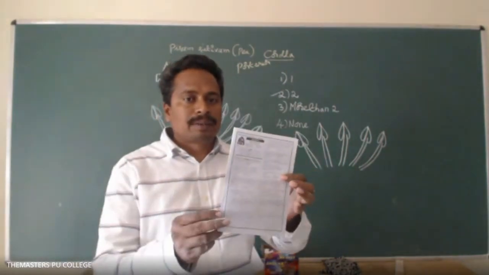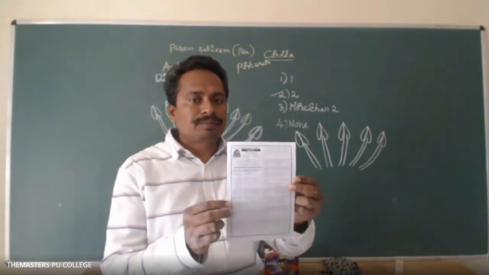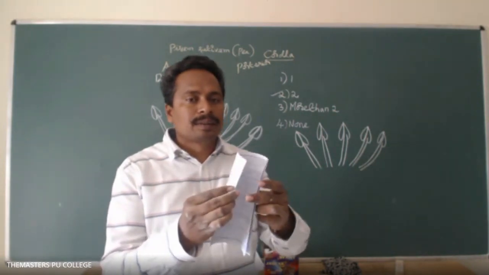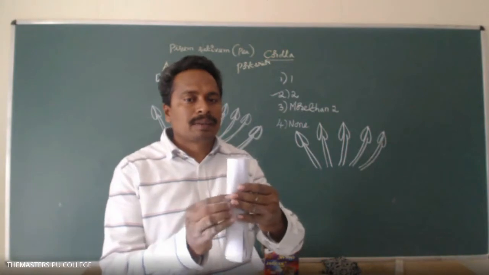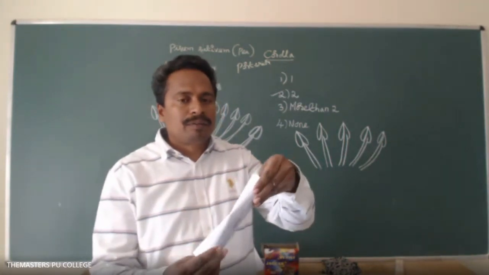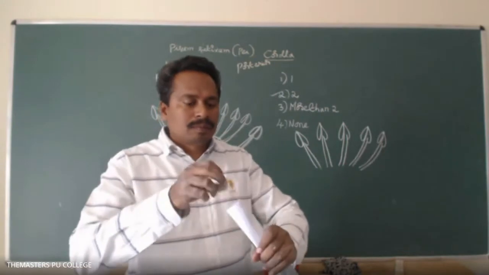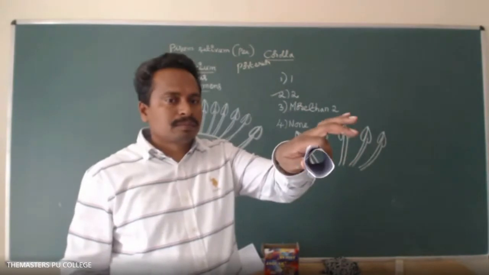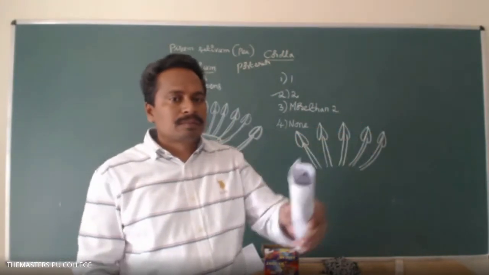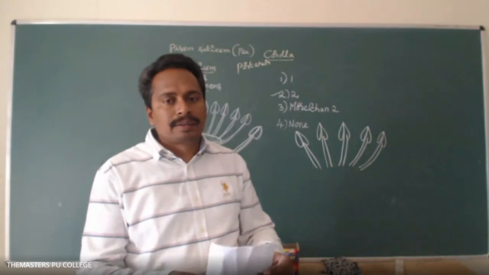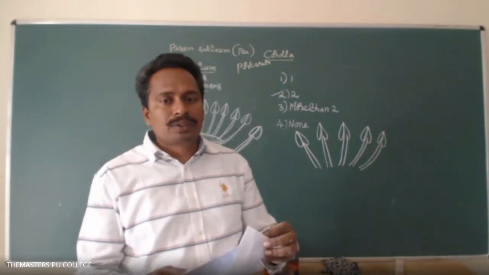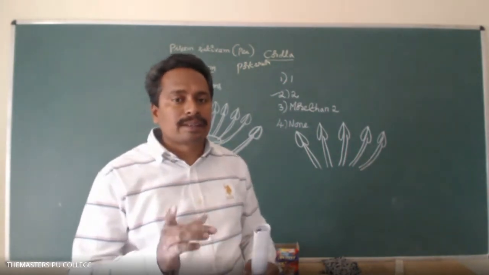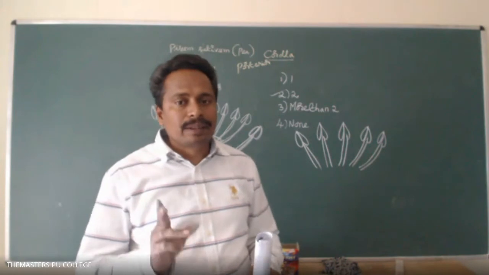Suppose it's a filament, and this is one edge and the other edge. Both the edges of the filament are fused to form one bundle. Yes, sir, 9 stamens' filaments are fused to form one bundle, and the remaining one forms one bundle. So diadelphous stamen. Diadelphous means two bundles are present.